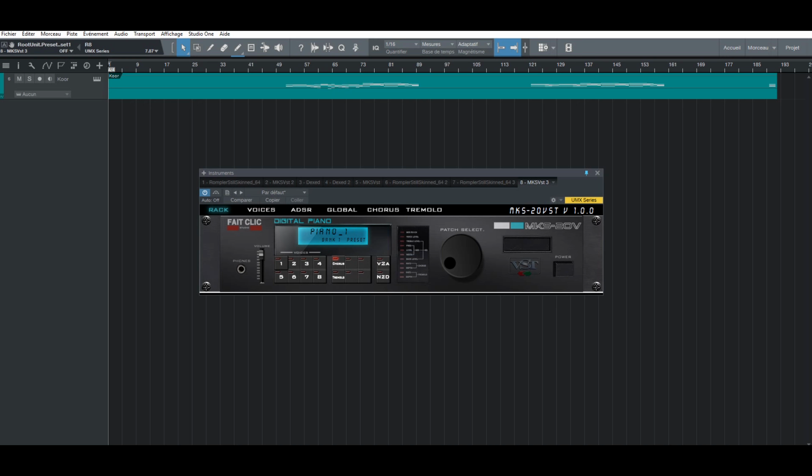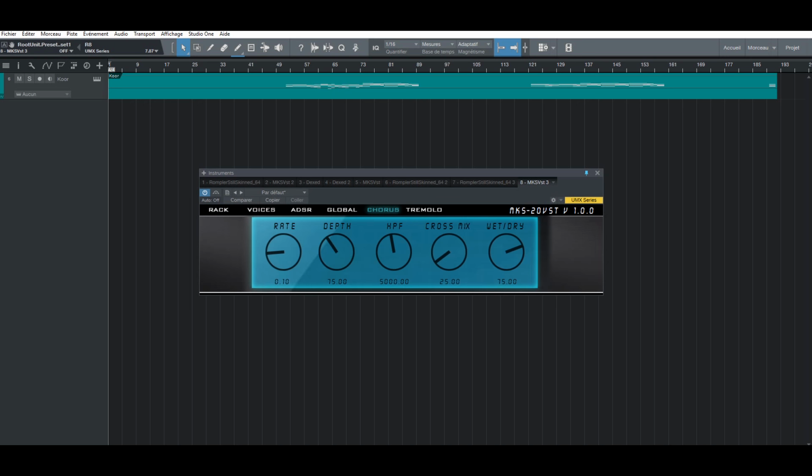We play the piano one, for example. And this is the initial basic settings of the chorus. You can control, of course, the filter, more clear, darker, you can control, of course, the rate, the depth, for example, like that, sound clear, and the cross mix. You know, in the dimension chorus, you have, of course, the main outputs, left